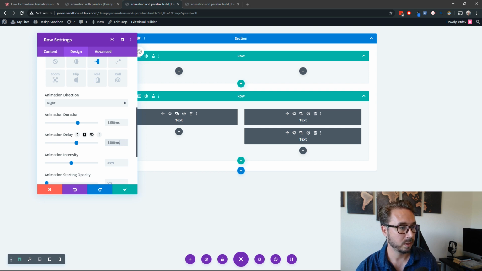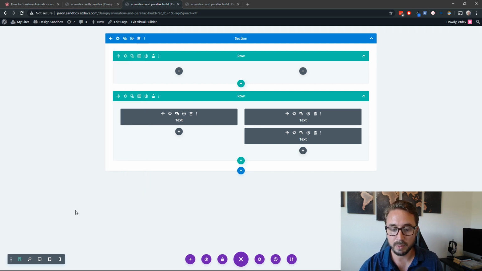Of course, you can play around with the settings as you like for your own needs. I think that's it for the top row. Let's go ahead and save it out,